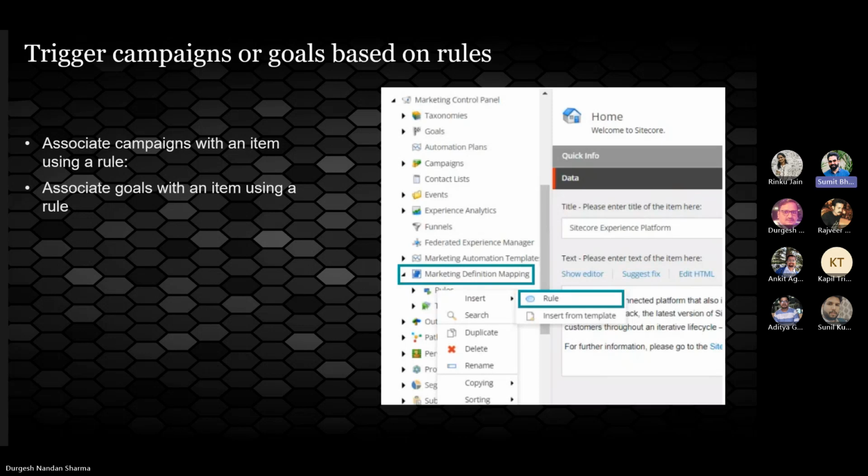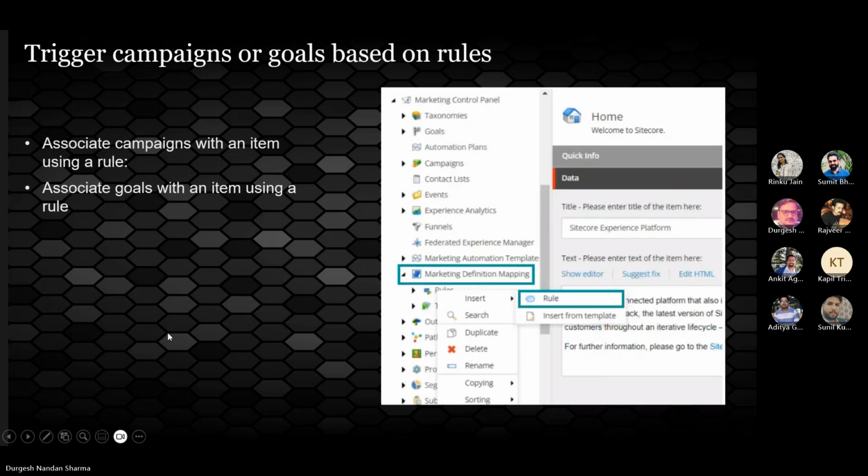So once you have created a rule that triggers campaigns, you can add another rule to personalize this content. For example, if a visitor frequently revisits the same page, but you want the campaign to display only once, you can set up a personalization rule to hide the campaign or part of it when the page is revisited. To associate rules